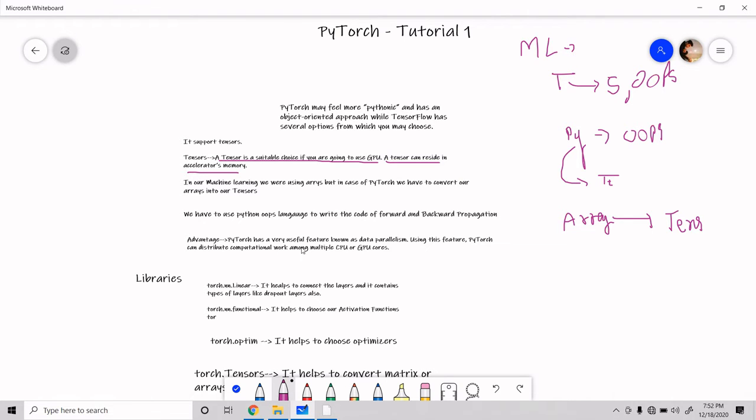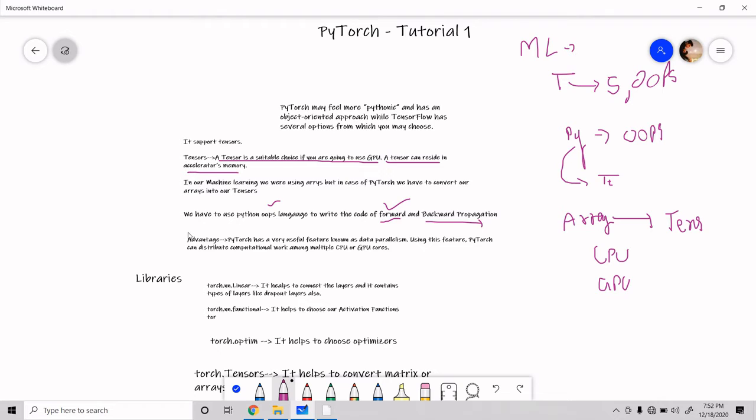So tensors are very useful to perform parallel actions. They can use both our CPU cores and our GPU cores. As we know, in our neural network we have to do forward propagation and backward propagation to reduce the loss, so we have to use OOPS and write our code accordingly.